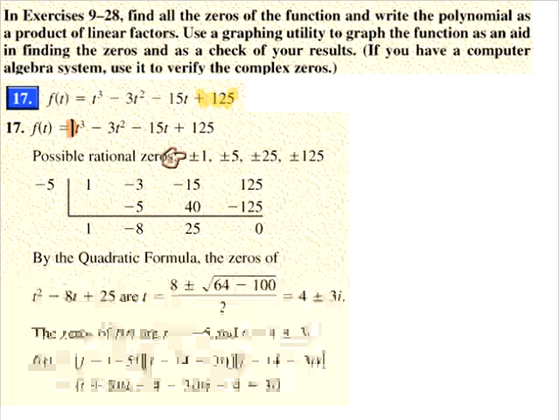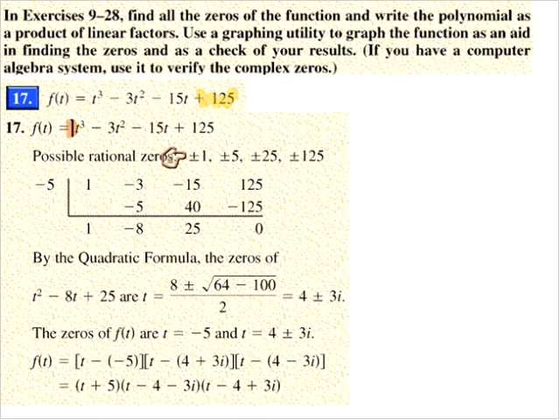Now from here, you're just going to have to use synthetic division and hope you have the luck of the draw when you're choosing your numbers, because we are looking for a remainder of 0. Now in this one, negative 5 is going to work. So if we run through our synthetic division, I get the resulting polynomial here of t squared minus 8t plus